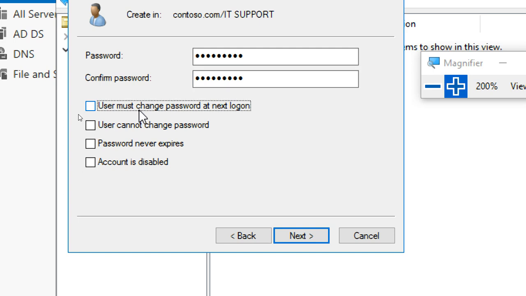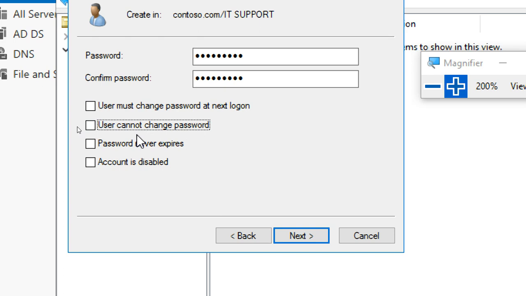Next, user cannot change the password. What does that mean? I'm giving a password to the user, but when the user wants to change his password, he should ask me; he cannot change it himself. I want to control the password. If you want that kind of control, then you have to check this one. Next, password never expires.